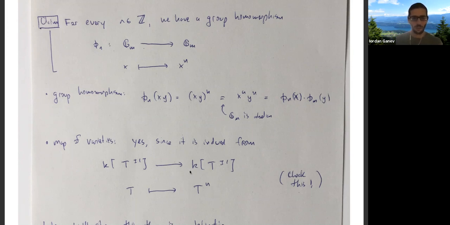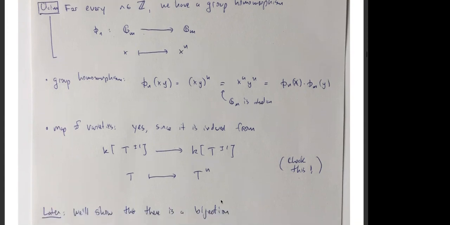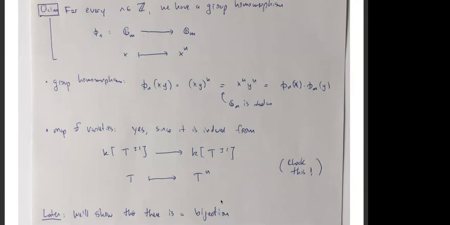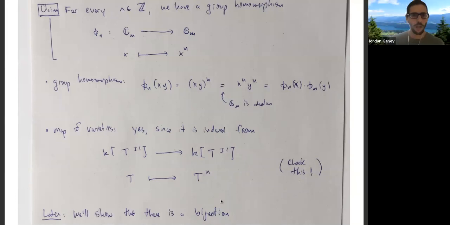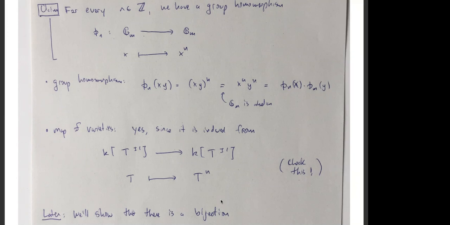And yeah, this is obviously an algebra homomorphism for any n. Can you repeat the definition of GM? Yeah, GM is, so yeah, it's fancy notation, but it's just as a